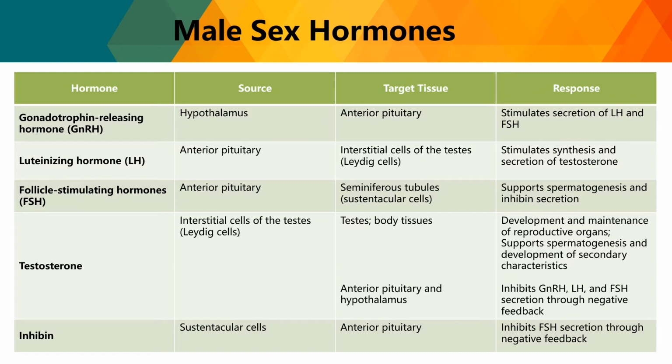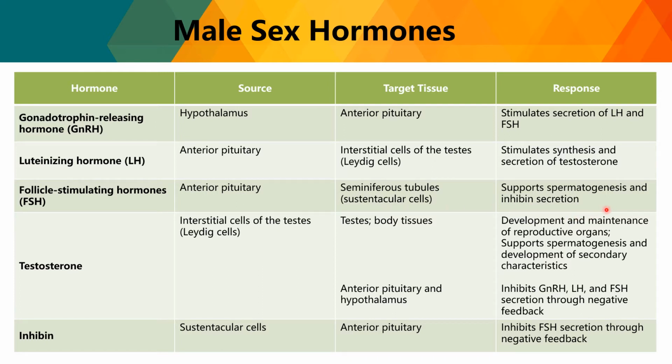So for the male sex hormones, again, we have the gonadotropin-releasing hormone. It is from the hypothalamus. The target tissue is your anterior pituitary, and it stimulates the secretion of your luteinizing and follicle-stimulating hormones. You also have the luteinizing hormone from the anterior pituitary. It targets your interstitial cells of the testes and stimulates the synthesis and secretion of testosterone. For the follicle-stimulating hormone coming from the anterior pituitary, it targets the seminiferous tubules, especially the sustentacular cells, and supports